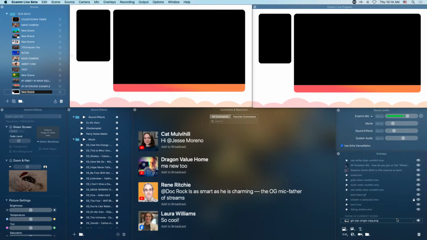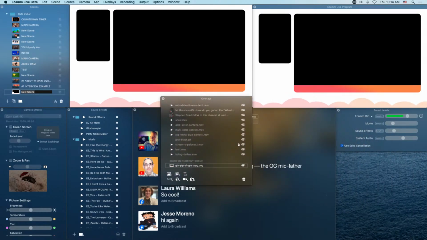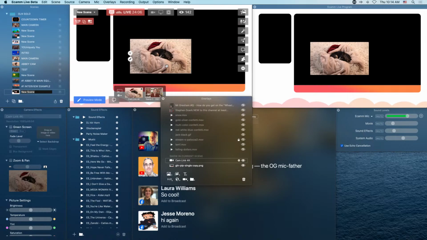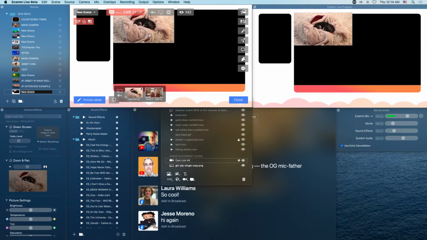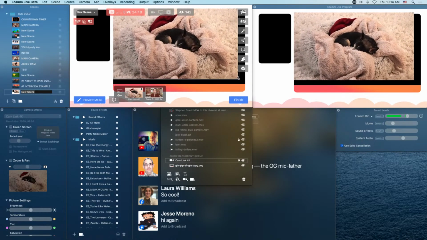What we're gonna do instead is come down here to the overlays screen. I'm gonna bring that up so you can see this little button right here with the camera plus sign, new camera overlay. All right, we've got Abby. So we can put her in here. And what you're gonna do is click this little pencil icon and choose the camera and then go into custom mode, depending on your overlay.